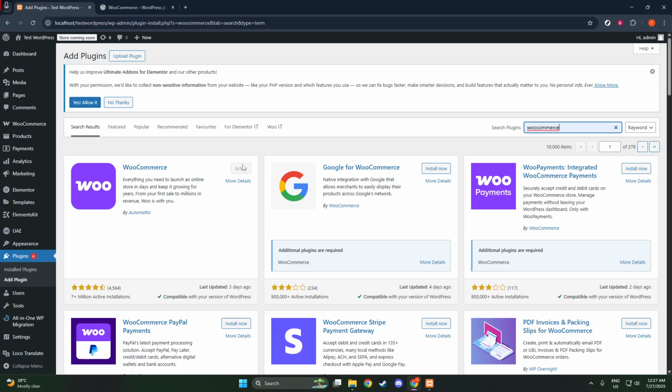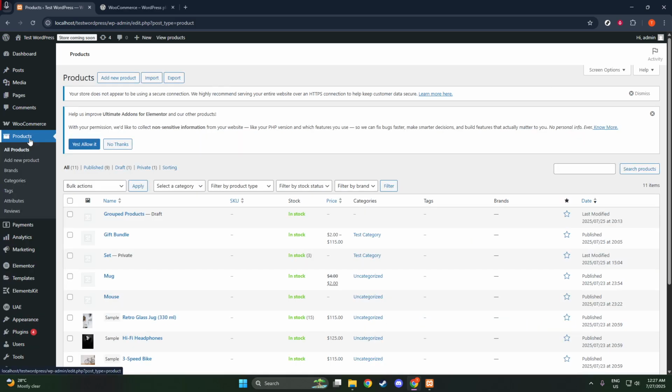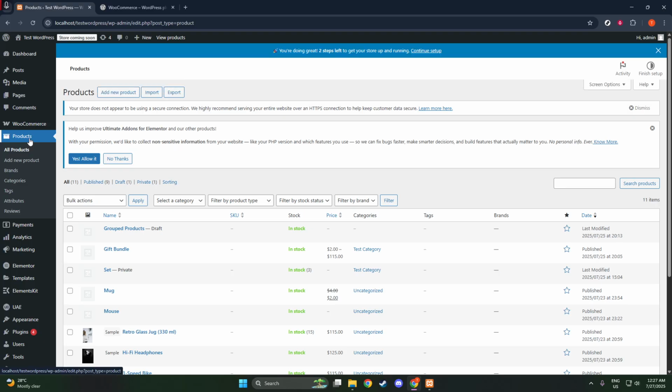Then, it's time to choose the types of products you'll be offering. These can range from physical items to digital downloads and even subscriptions. This is where you start tailoring WooCommerce to fit your business model. After these choices, set up your payment methods, including options like PayPal, Stripe, or payments upon delivery if that's something you offer. You'll also be asked to configure shipping zones and create rates based on where you'll be delivering your